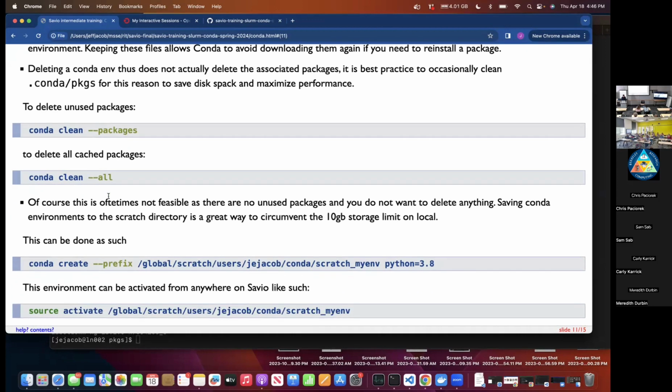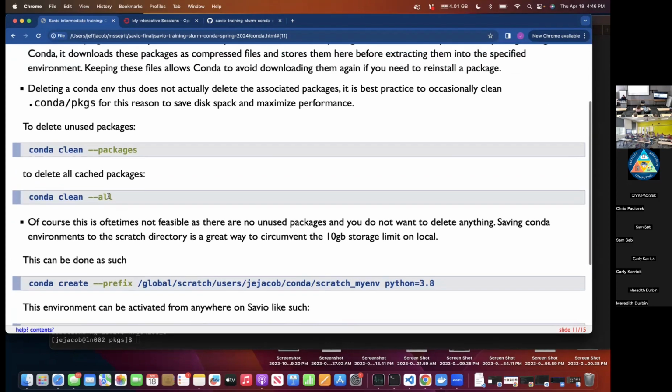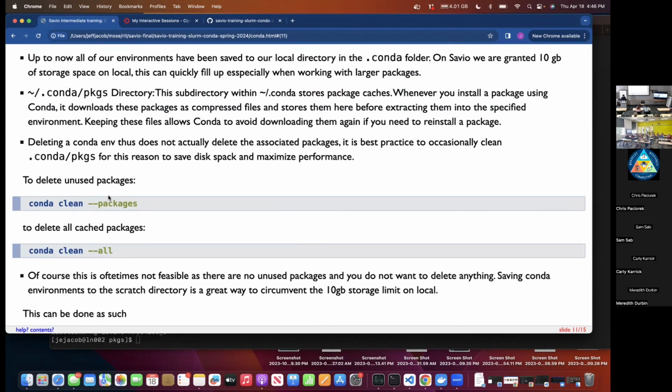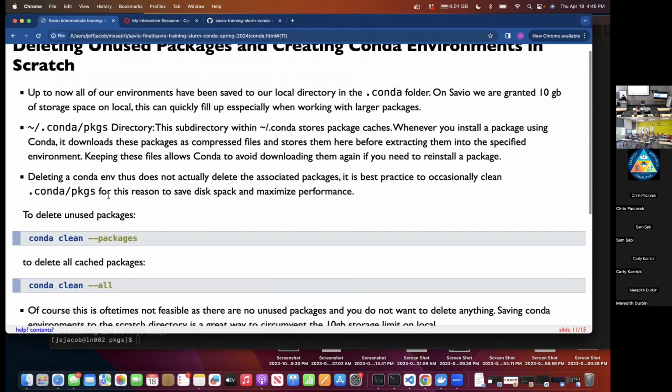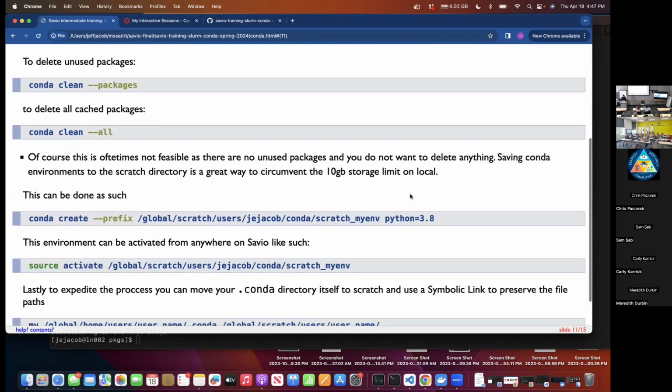I won't be doing that here because it can take quite a bit of time. So yeah, that's a great strategy for managing your space usage and avoiding hitting that 10 gigabyte limit on the local. Of course, this is oftentimes not feasible. You might have a lot of environments that you want to use and you can't get rid of them. So a great way to circumvent this 10 gigabyte